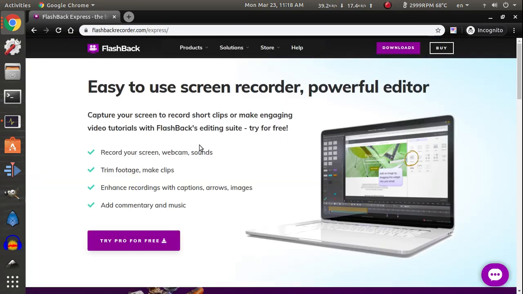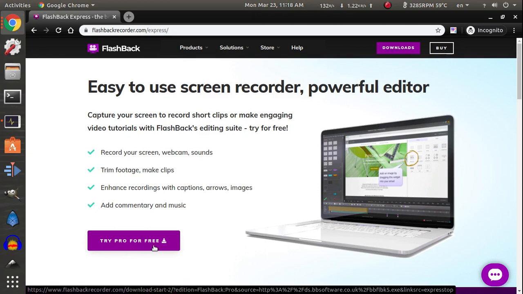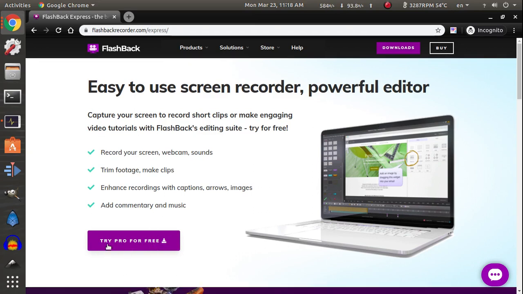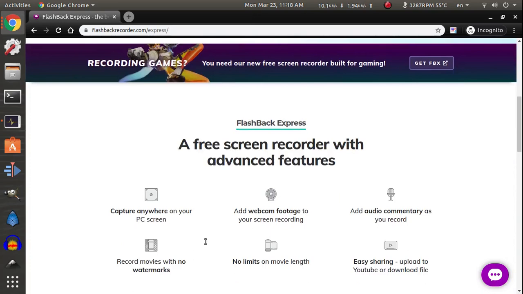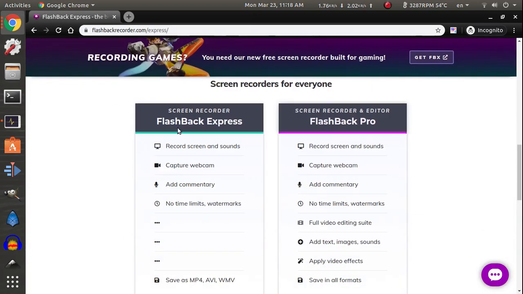Okay, here the company that produces the software, at the beginning promotes their pro version, which will be free for like 3 or 4 days and has a watermark on the recording. So this is not our target in this video. So we go down, we see here Screen Recorder FlashBack Express,